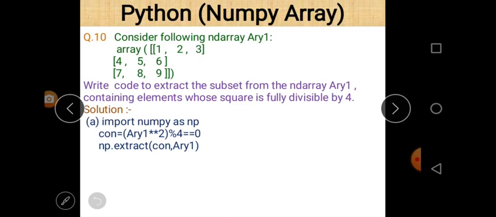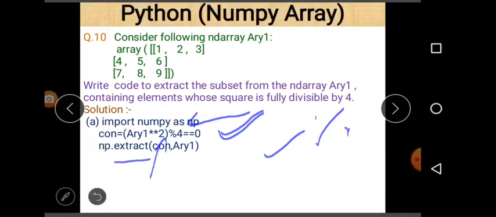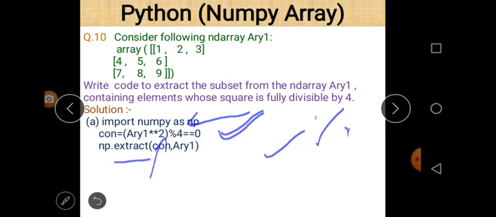For this purpose, we use the function extract, and in line number 2, we write a condition according to the question, and the condition is ARY double star 2, meaning power 2, and then the percent operator represents modulo division by 4, so modulo division by 4 equal to 0.